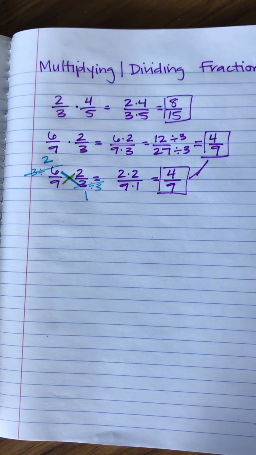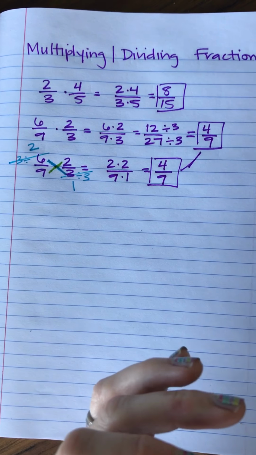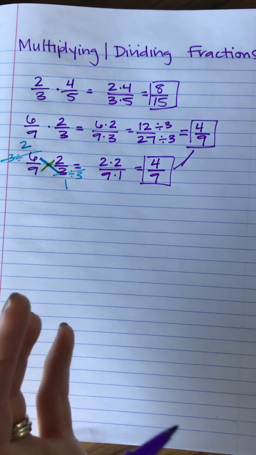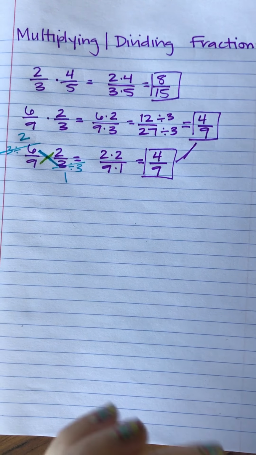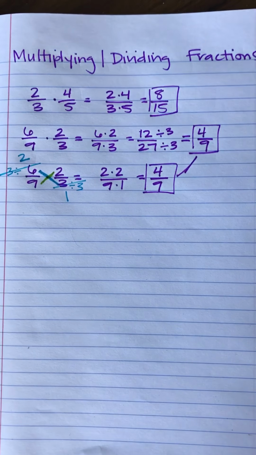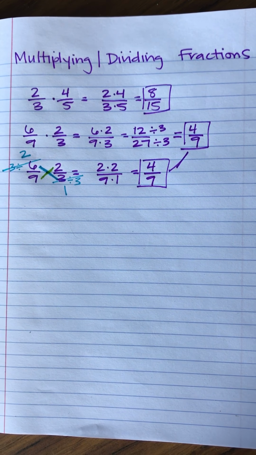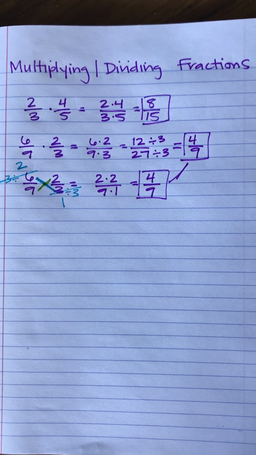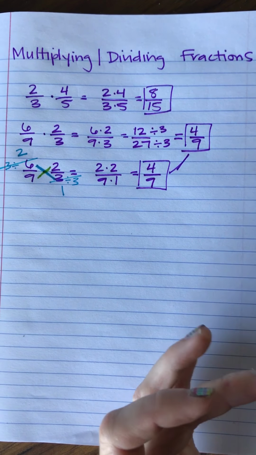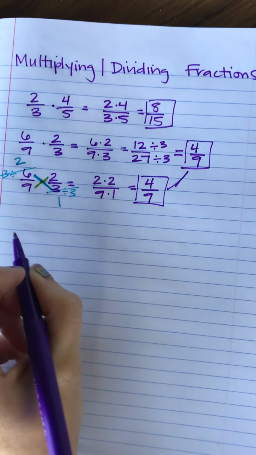Now, to divide fractions, we're going to leave the top number, or the first fraction, depending on the way it's written, the same. We're not going to do anything to that. We're going to flip, or use the reciprocal of, the second or bottom fraction before actually multiplying. So when you're dividing fractions, you're actually going to end up multiplying. So let's see. Let's do